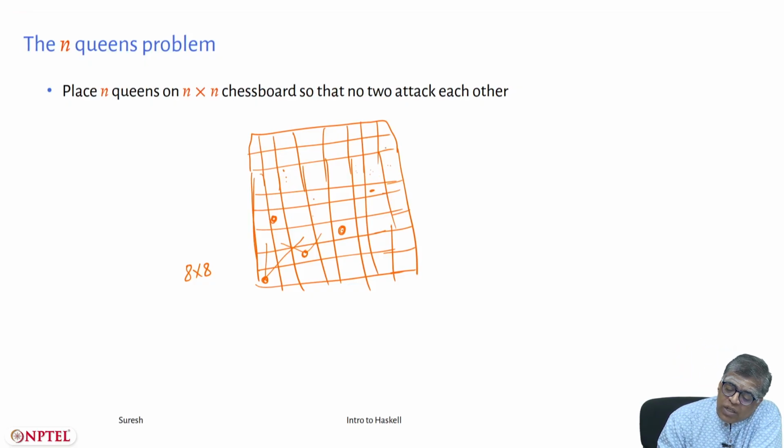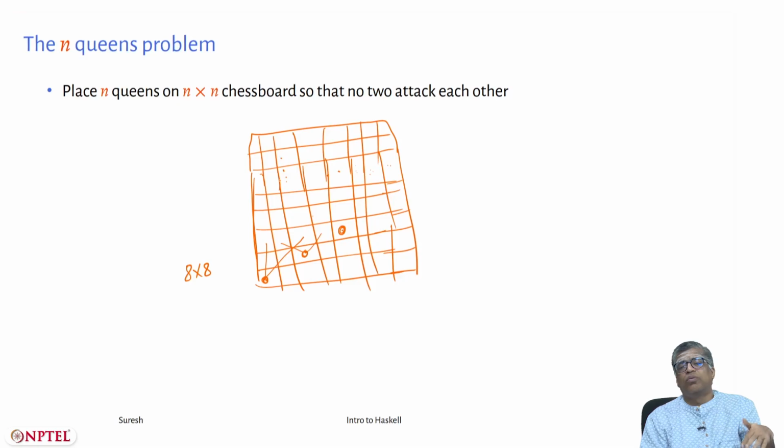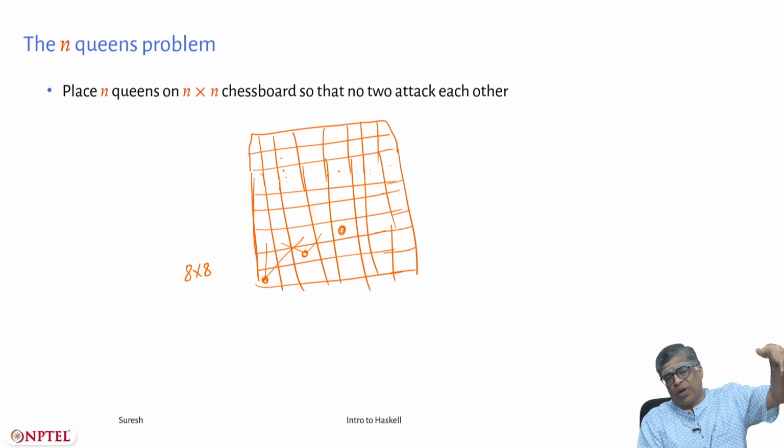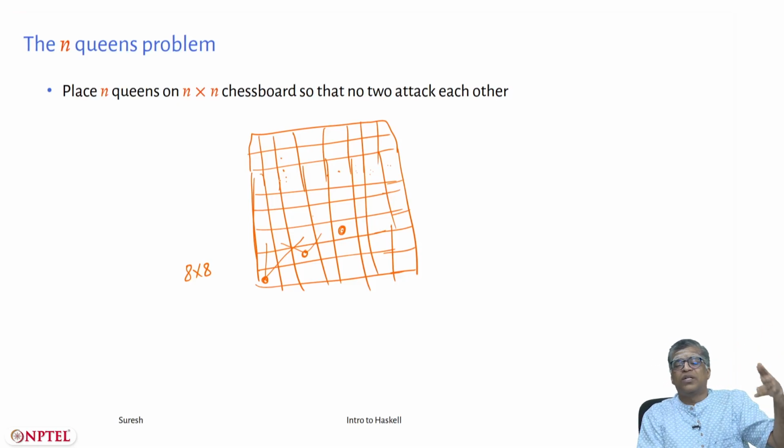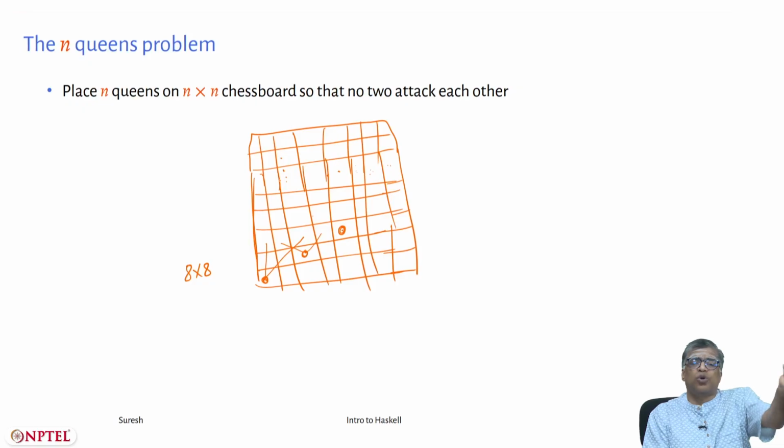But maybe at some later point, once you tried this, you went all the way, you placed some queens here, here, here, etc., and then you find out that something is wrong. Then you will have to backtrack all the way back and even erase this. So this is the point. You try to build a solution. At some point you realize that a complete solution is not possible following this path, so you backtrack.